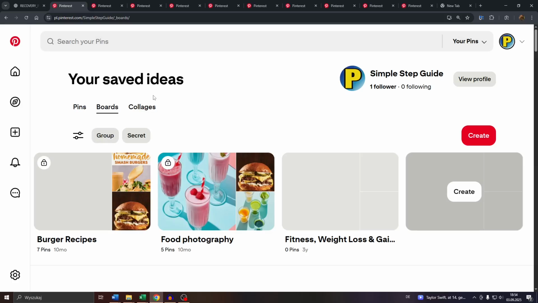Head over to pinterest.com, log into your account, and basically what you need to do guys is access your profile by clicking on it here in the top right corner. That is going to redirect you to that overview of pins, boards and collages. So head over to boards and access your board settings by clicking into that button here, and after that click